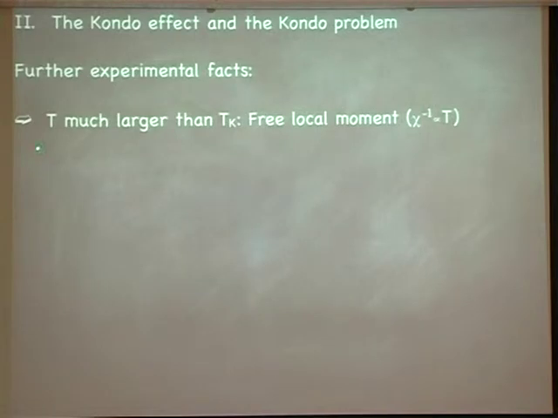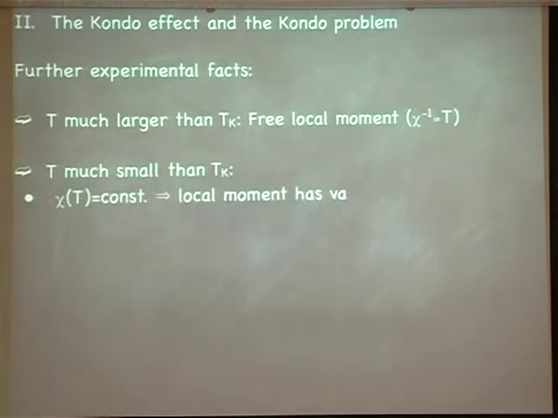Okay, so what we know right now is at least what the experiments tell us. If we have T much larger than the Kondo temperature, that's a scale that somehow signals there is something going on in the system. In theory, it tells you, stop, you can't do anything more here. From the experimental facts, it seems that at that point there is a crossover between different regimes. So if we have temperatures much larger than T_K, we observe a free local moment. That is, if you measure the local susceptibility of those impurities, they appear to go like 1 over T with a prefactor which is a free moment and usually fits quite well the moments of these impurities added there.